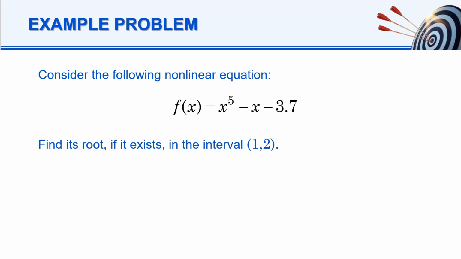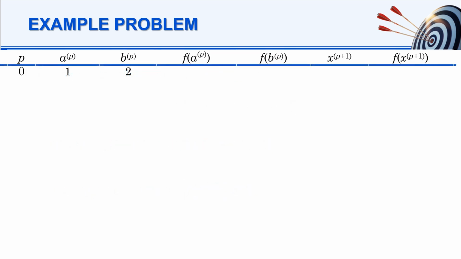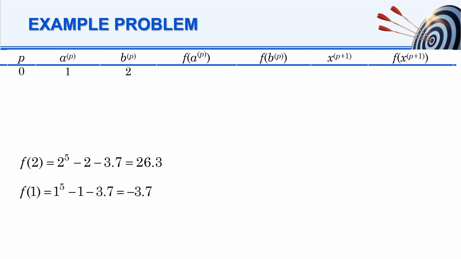Consider the following nonlinear equation. Find its root, if it exists, in the interval between 1 and 2. The stopping criterion is based on the absolute value of the function being less than 10 to the power of minus 3. The endpoints of the interval are 1 and 2. We evaluate the function at x equals 1 and x equals 2. The intersection point is found as